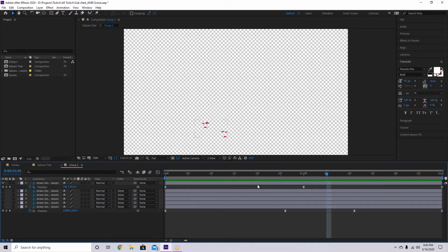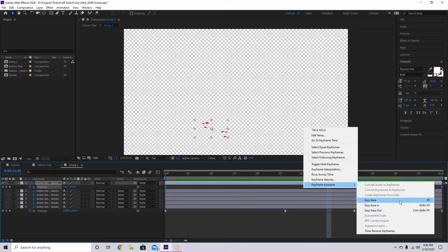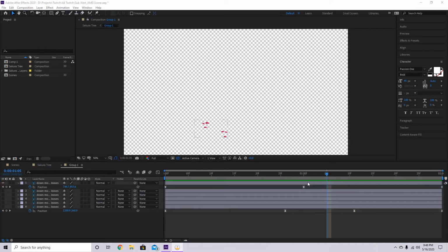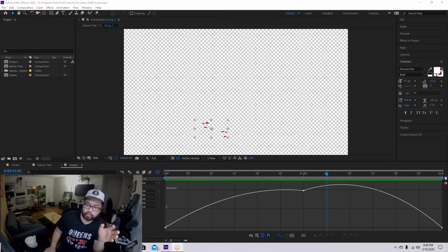However, once you make the keyframes, you're gonna highlight all of them. You're gonna press F9, or right click, keyframe assistant, easy ease. Make sure everything's highlighted. You're then gonna click into the graph editor and make sure it's on speed. Okay, so from the graph editor, a couple clicks from here, you are just going to highlight, and